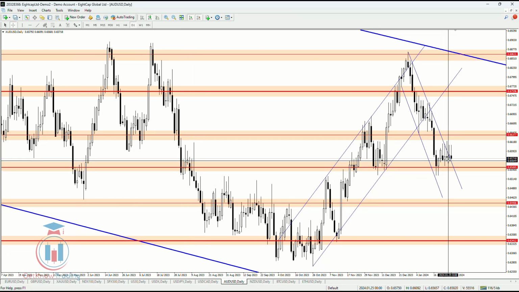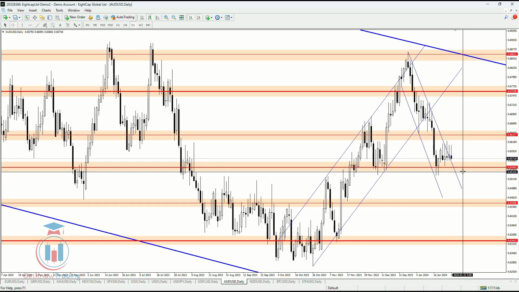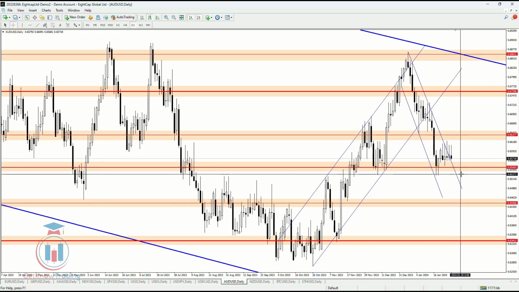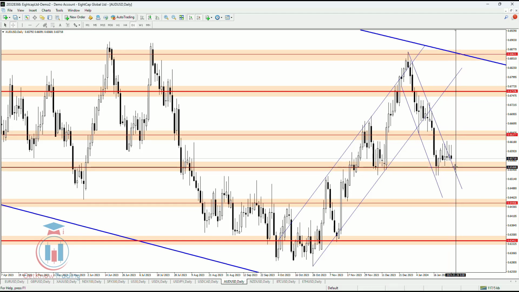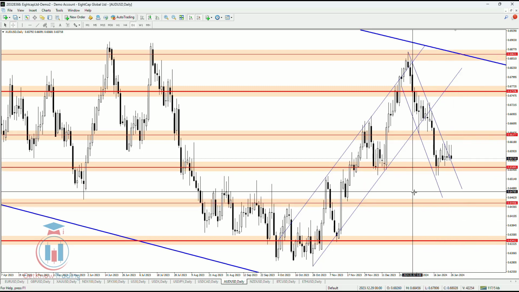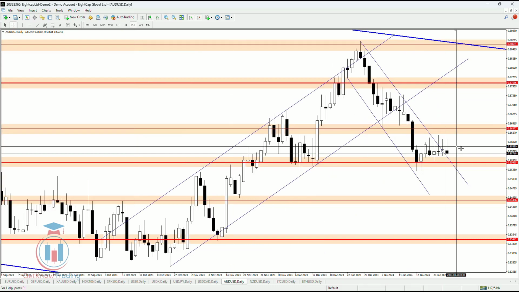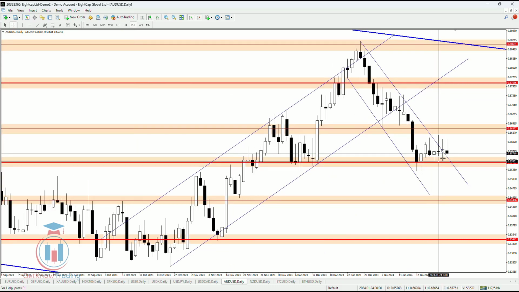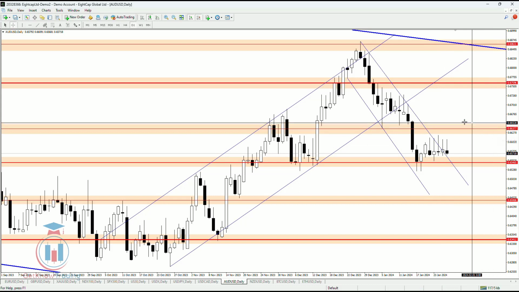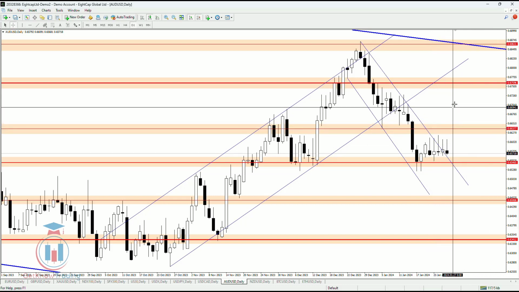So I'm expecting the same scenario, and then I'm expecting the price will retrace back up, confirming this previous support, which will now act as a resistance, and then fall even more down around 0.64, which is also a target on the monthly time frame, which I'm expecting, and also on the weekly time frame. But if something happens and the market turns around, the first level, 0.663, needs to be broken in order for the price to continue to rise and reach 0.67.